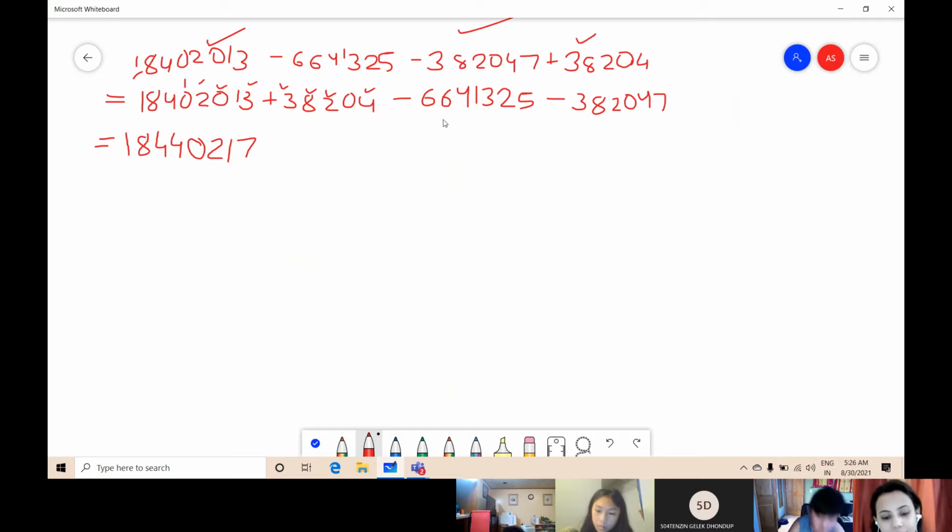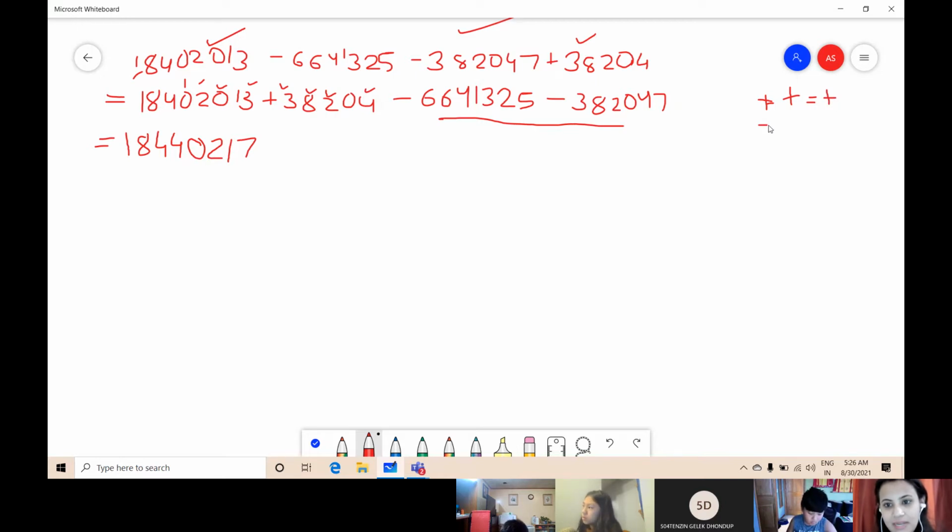Now see here. These two numbers have the same sign, that is the sign of subtraction. So do you remember the rule? What rule I have taught you, that the numbers having the sign of subtraction, minus minus is plus. Do you all remember the rule or have you forgotten? What was the rule? The rule was plus plus. When the two numbers have the same sign of addition, then we will add the numbers.